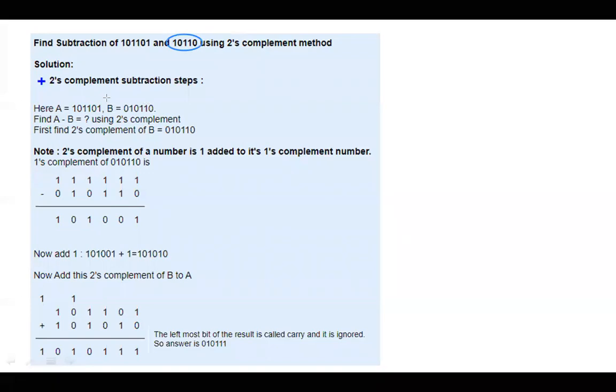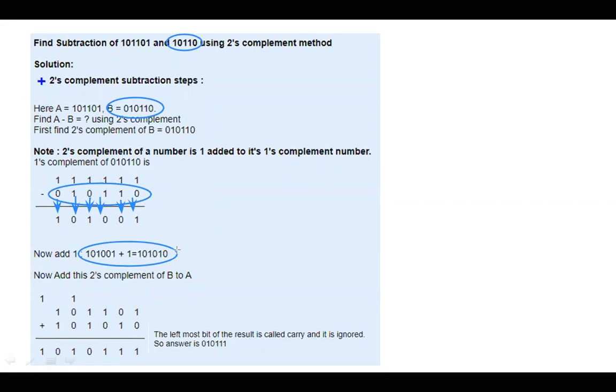So twos complement of b will be complement of b. I can either subtract or I can just invert it. 0 is getting converted to 1, 1 is getting converted into 0. Or directly I can invert it, and then I can add a 1. So if I add a 1 to b bar, that will be the twos complement.